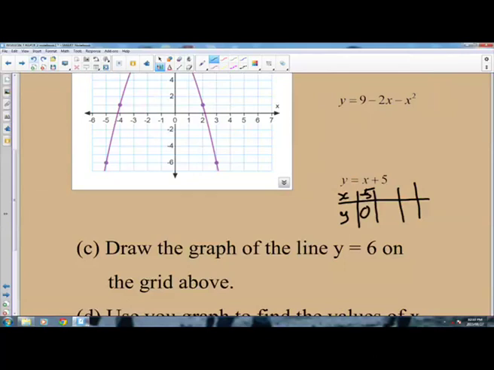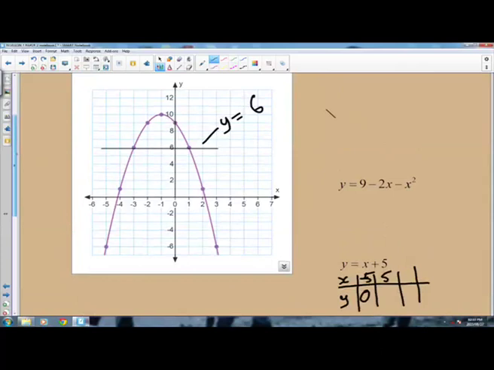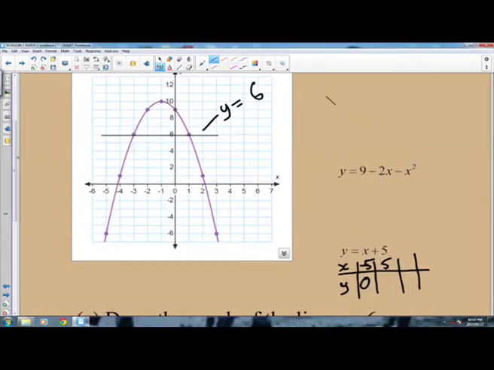And then if you choose your x to be 5, it will be 5 plus 5, and the value of y will be 10. And then if you choose the value of x to be 2, it will be 2 plus 5, and this will be 7. And then you can plot these. (-5, 0)